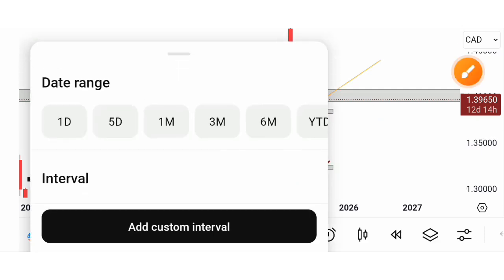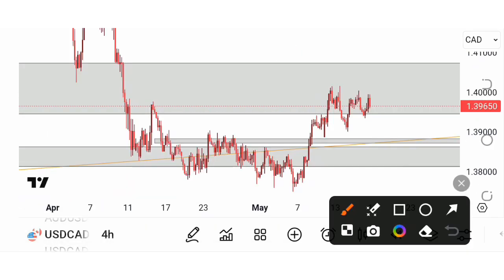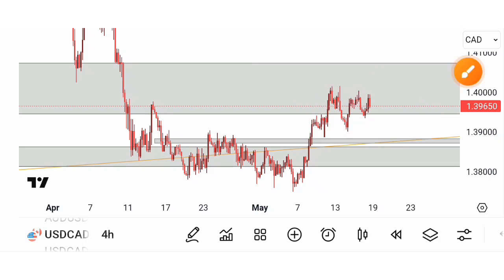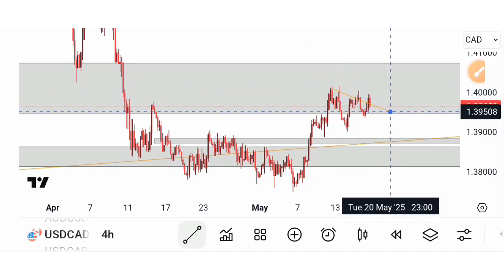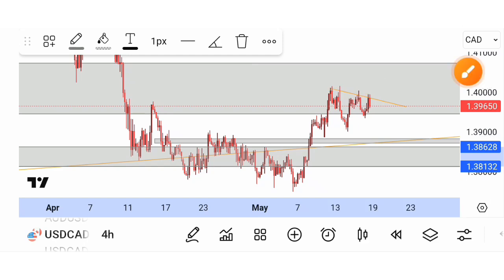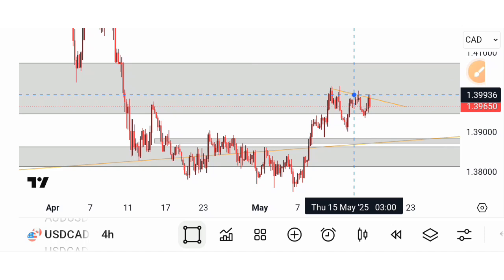Now the way you can trade this market, again, smaller time frame for this one, I'll just go straight to the 4-hour time frame. The market is kind of ranging at the moment. As you can see, the market is not even going up, it's just moving in a sideways kind of pattern. There's a minor trend that has formed over here. As you can see, first touch, a second touch, third touch, and this is the fourth touch. So what I'll be looking for on this market is for the market to actually break above this resistance